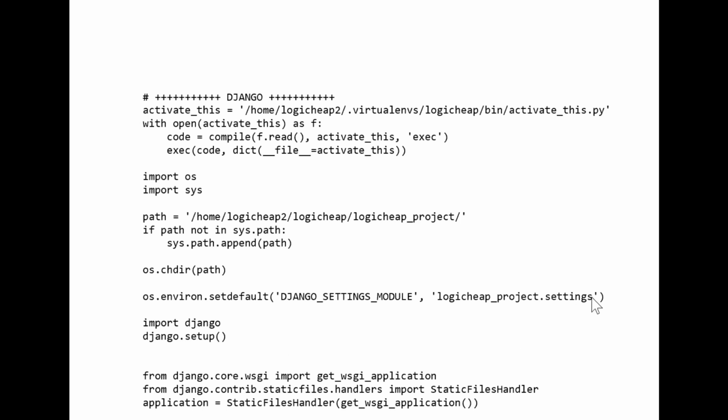So the path of settings.py would be logic heap underscore project dot settings. Once you have provided the path, we need to call django.setup to load your settings. And in the last step, in the last 3 lines, if you see, all the details we have provided, it will fetch your application and will start pointing to it. So with all this, we are done with the changes in the WSGI file.